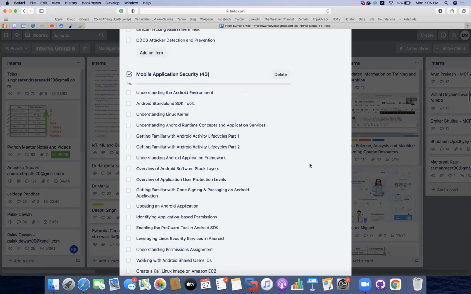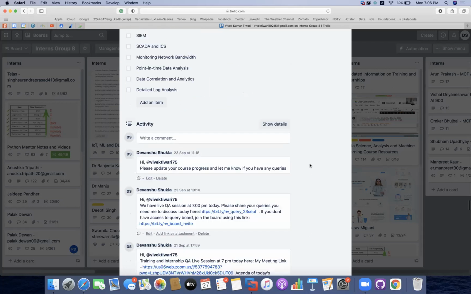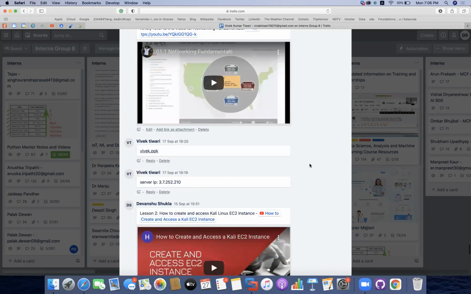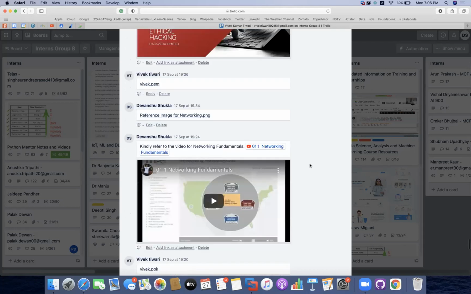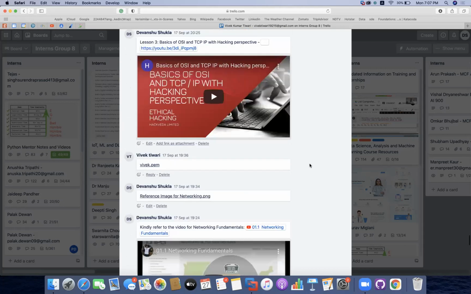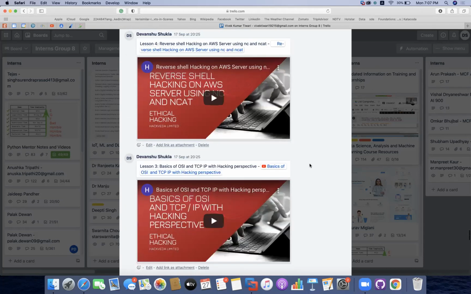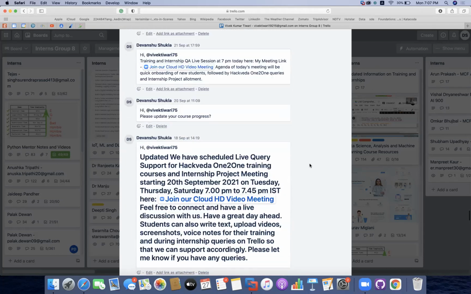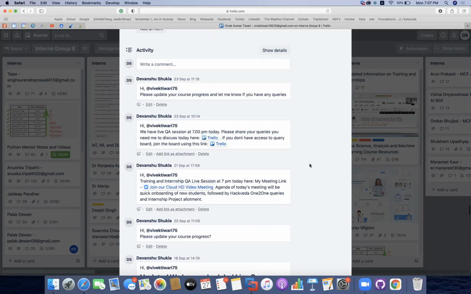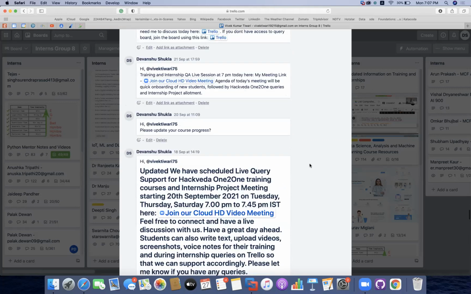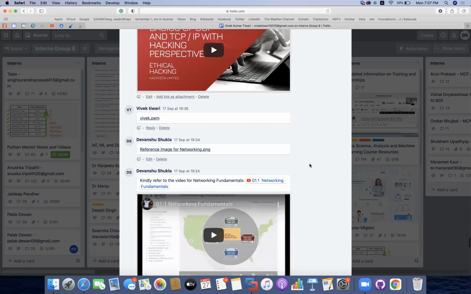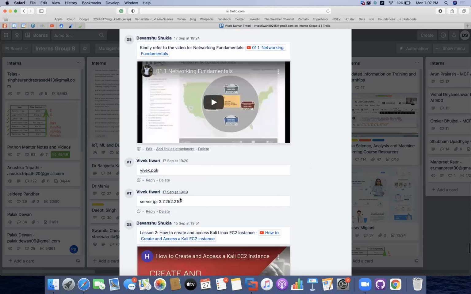I'm going to make use of your PEM file. Yours is vivek.pem, right? I'm going to create the Metasploit from your machine, which means this IP address, 3.7.252.210.